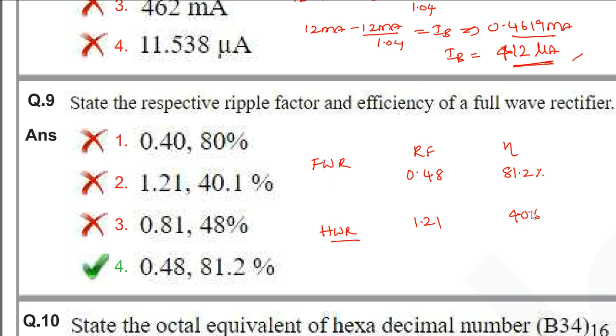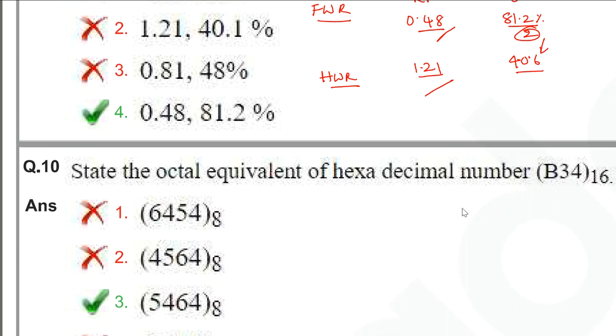One important thing you can observe here is that the half wave efficiency is half of the full wave rectifier's 81.2. If we divide by 2, we approximately get this value. But don't use that logic for the other values, because there are square root terms, so we will not get the half value. I'm just giving you a trick to remember this value. It will be 0.48 for full wave and 1.21 for half wave rectifier. These are the dependent values, keep them in your notes.